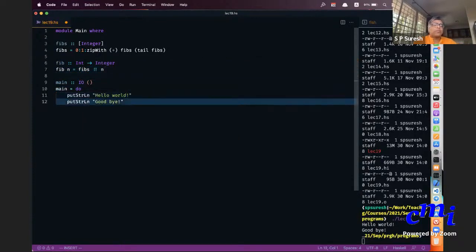My welcome message is always to print the 50th Fibonacci number, let us say.